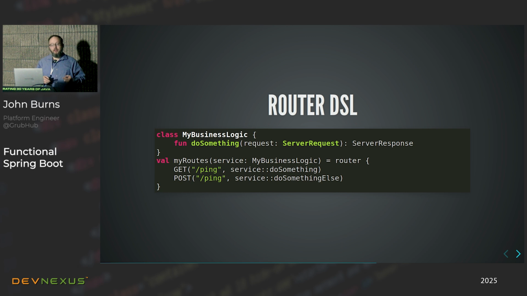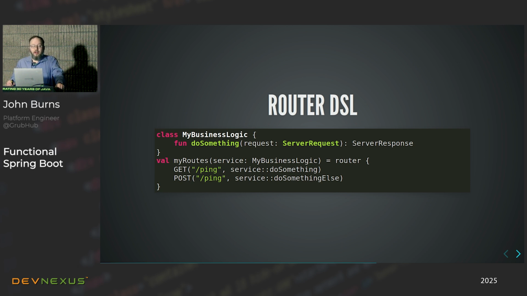and then you say equals router, now you're in the DSL. So you can declare your routes by just using the HTTP verb. That's just a method call. Then the path, and that can include path parameters and all of that kind of stuff that you're used to. And then you tell it the lambda or method reference to call when that route is hit. The only requirement is that the method it's calling has to have a particular signature. It has to take a server request object and return a server response object, which are just abstractions over request entity and response entity. I'm going to show some more examples of this a little bit later.